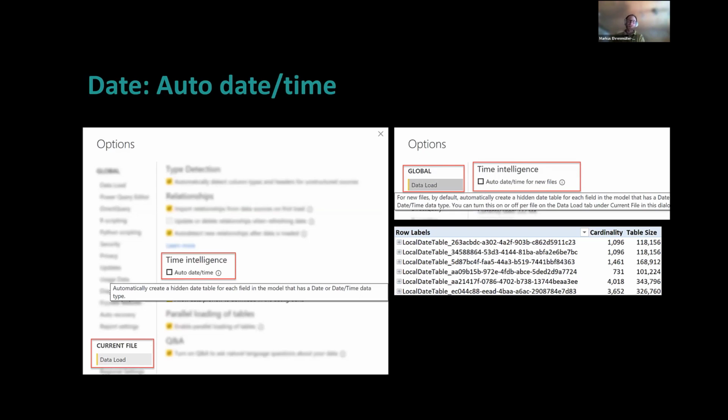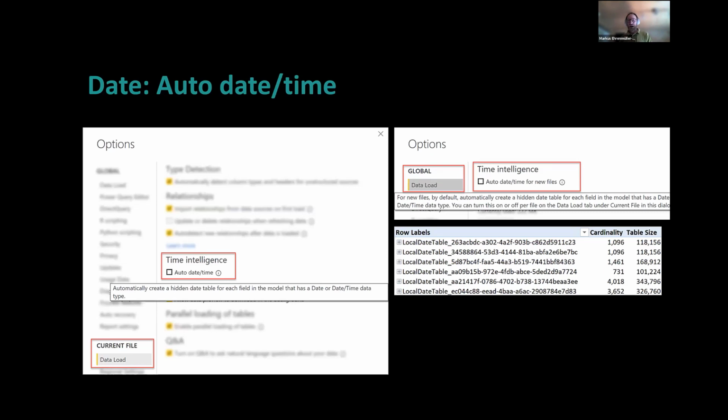The reason why I'm asking you is because this is meant for convenience for people who never heard about data modeling. They build their first data model, and you already heard about the data model, right? So you're not one of those people anymore. So you know more, and therefore you should turn it off, because the consequence is the following.